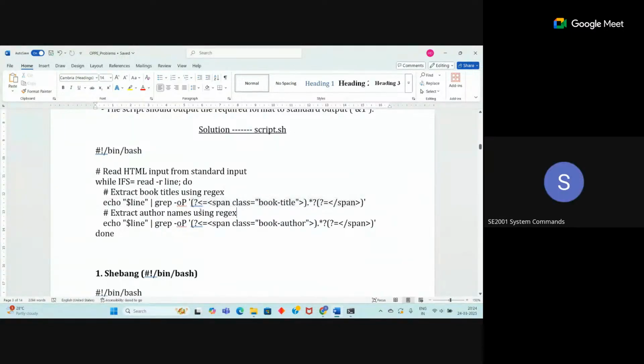So this question mark less than equal to specifies the matching pattern. It is a look behind, which means before this matching pattern you will have this span class equal to book title tag. Your matching pattern will be preceded by this tag, span class equal to book title. And it will end after a look ahead, which means after the matching pattern you will have this